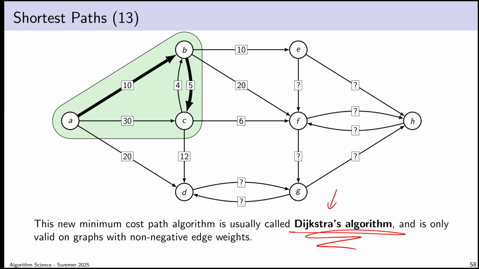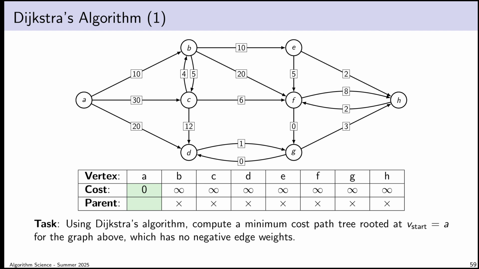On the other hand, Dijkstra did invent this minimum cost path algorithm. It's very similar to Jarnik's algorithm, but it is distinct. And Dijkstra did invent it, and there is no controversy about that. So Dijkstra was a very famous computer scientist, and one of the things for which he is the most famous is this algorithm. This algorithm is a pretty big deal, and he did invent it, and there's no controversy about that, so we are going to call it Dijkstra's algorithm. Okay, let's try it out.